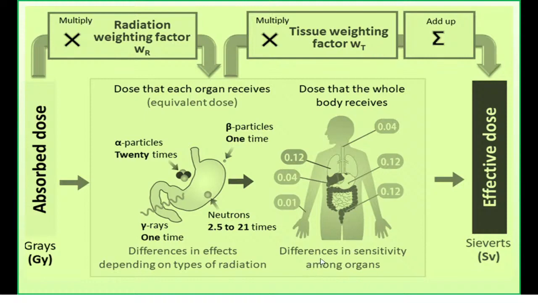It is the differences in sensitivity among organs. And finally, the effective dose, showing the resultant effect on the human body, is determined as the sum